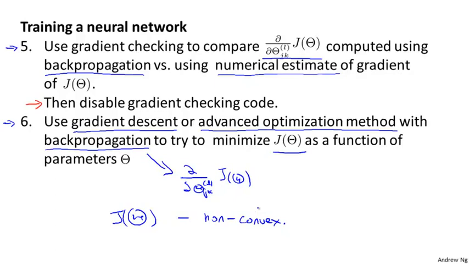And even though we can't guarantee that these algorithms will find a global optimum, usually algorithms like gradient descent will do a very good job minimizing this cost function J of theta and get to a very good local minimum, even if it doesn't get to the global optimum. Finally, gradient descent for a neural network might still seem a little bit magical. So let me just show one more figure to try to get better intuition about what gradient descent for a